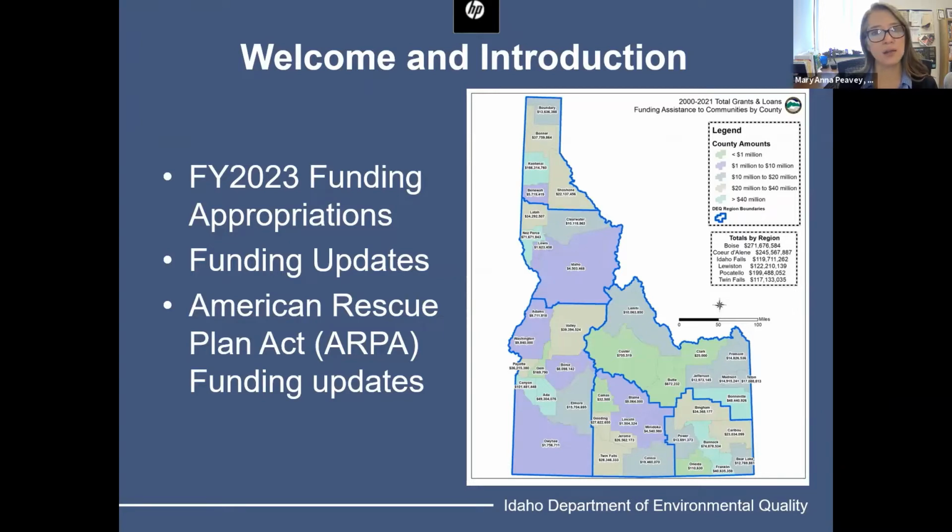These amounts do not include the state match or the repayment dollars that we collect. So we're definitely having a lot more money we can put towards infrastructure projects. Now, in this infrastructure bill that we're receiving, there is a requirement for us to also increase the amount of principal forgiveness we give out. Principal forgiveness is essentially grant dollars. But we call it principal forgiveness because what we do is we reduce the amount of the loan that you